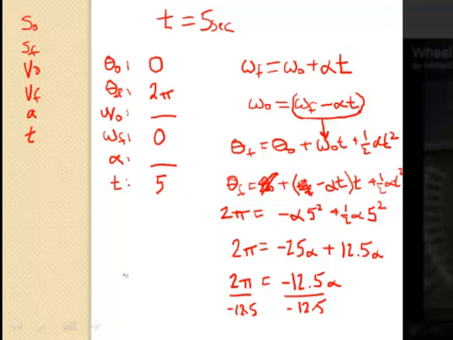we get that alpha must be 0.5026, and since I said we only really have one significant digit in the time, we ought to report our answer with just one significant digit, so we'll say negative 0.5 radians per second